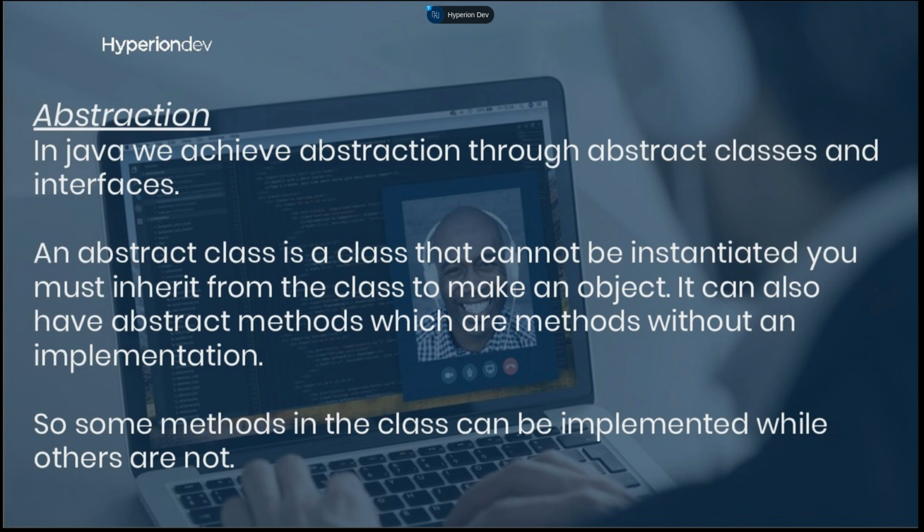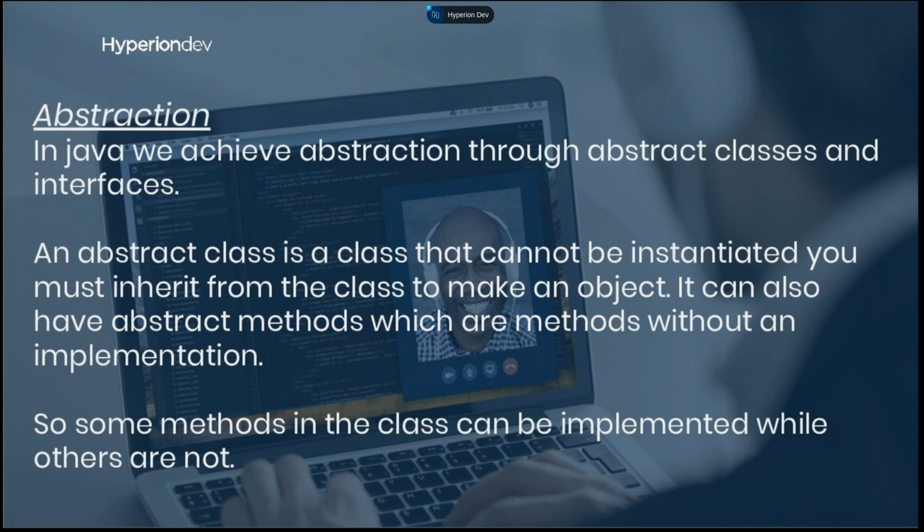And essentially, this ensures that when you make an abstract class, whenever someone wants to use your class, they have to inherit from it and use it in their own code. So I'll show you an example of this once I'm done with this slide. But basically, I also just want to explain that abstract methods